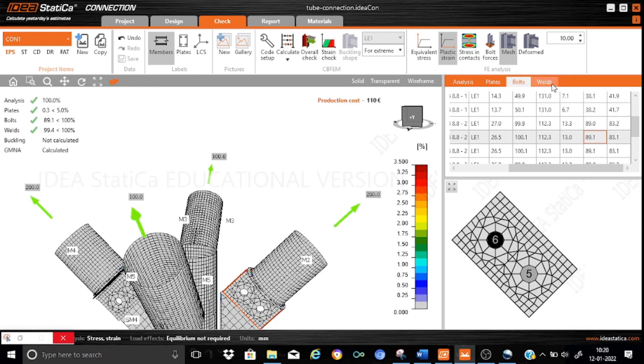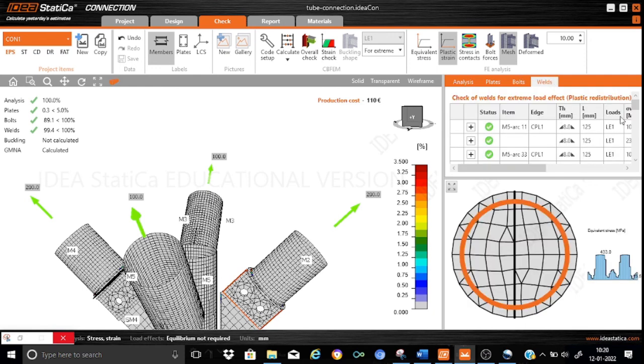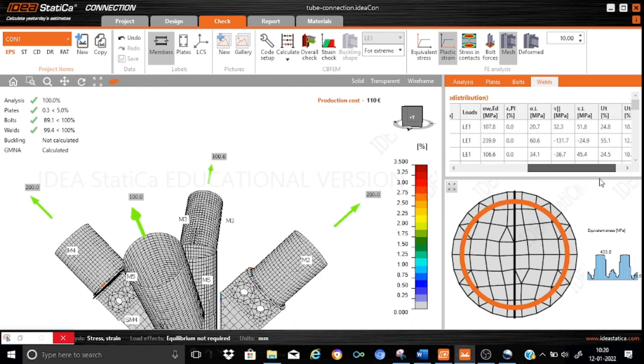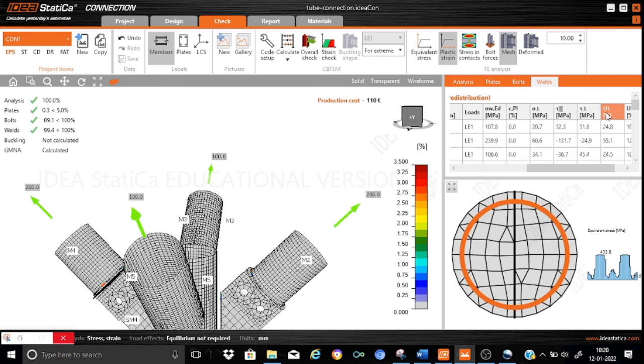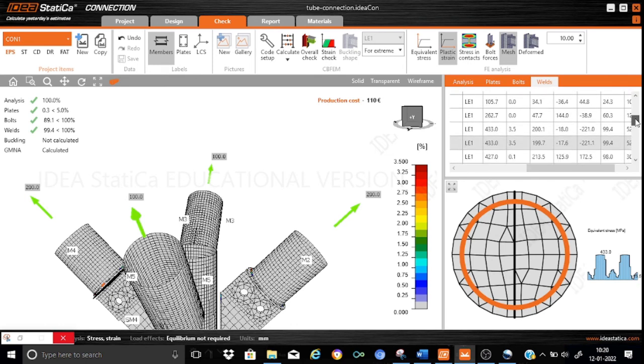Now coming to the welds. So let us find out which welds are very critical for us, and if required, we can quickly go through the plastic strains that are accumulated, that's the site PL. On going through the site PL, we find that it is 3.5% here. Yes. So we find that the important welds are nothing but the circular welds only.